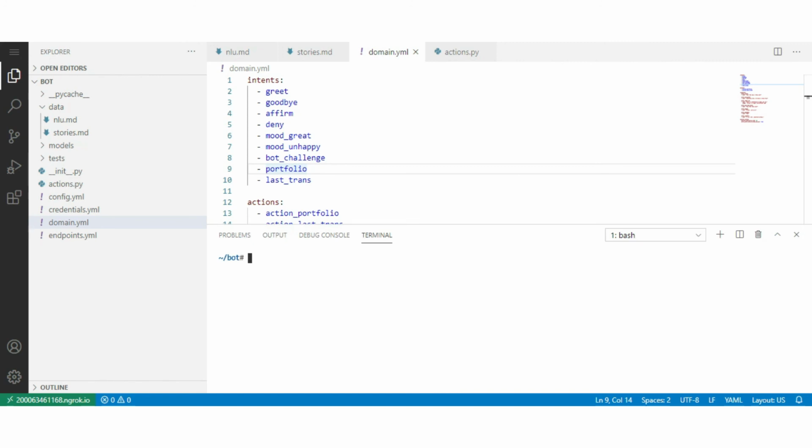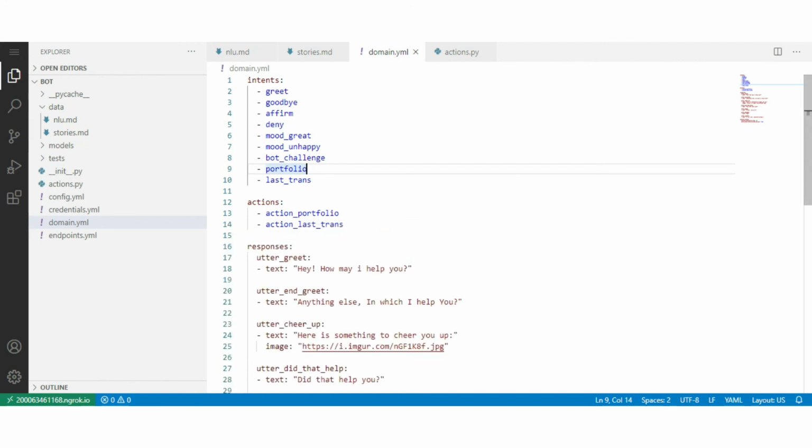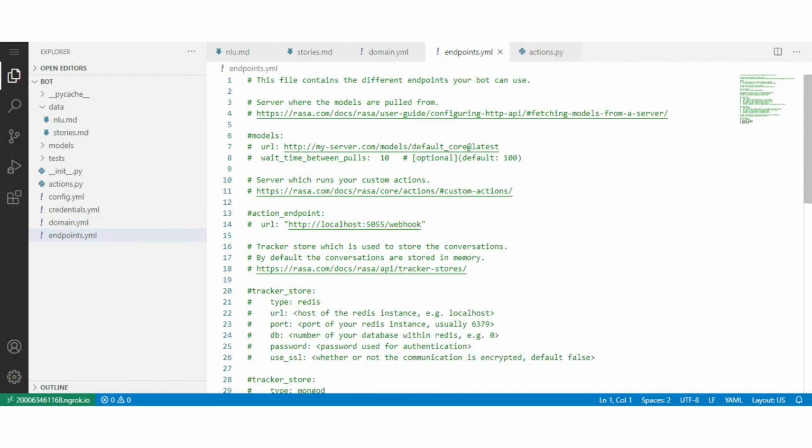Now let's train our chatbot. Before that, you have to edit the endpoint file. Open it. In Rasa, a custom action runs on a local server when it is called. So uncomment the action endpoint.